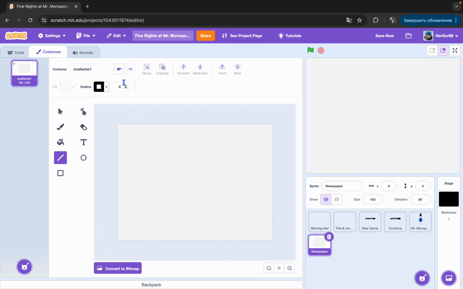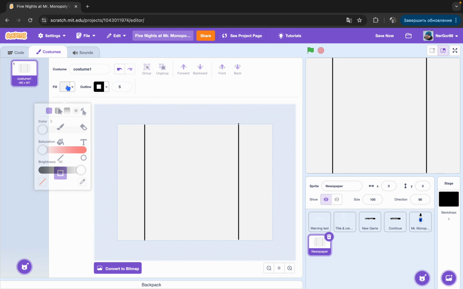Okay, we should start drawing the newspaper. If you don't want to see me drawing it, you can just skip, and if you know how you can draw the newspaper. So making lines, I think,